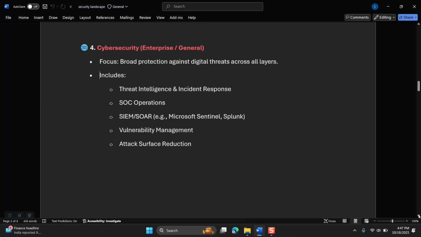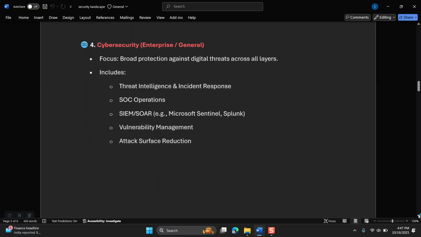The fourth is cyber security. Cyber security in general as well as in enterprise. Cyber security is implemented to protect the corporate